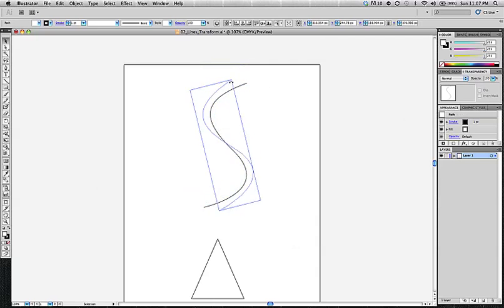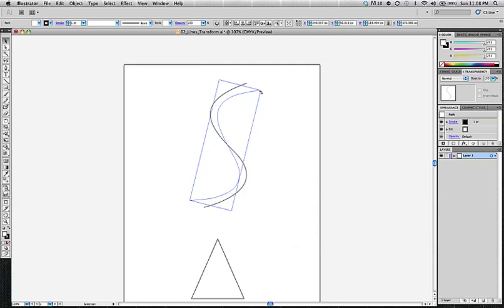If we rotate, you see that it rotates from the center of my object. That is because if we look up in the control bar, this little guy right above your window that has all these crazy buttons, don't worry, we'll get to the buttons later, you'll notice there's this little guy here which is called our reference point. The reference point for every object is defaulted to the center. But if you were to choose a different reference point, maybe the top left, and I go and rotate this thing,